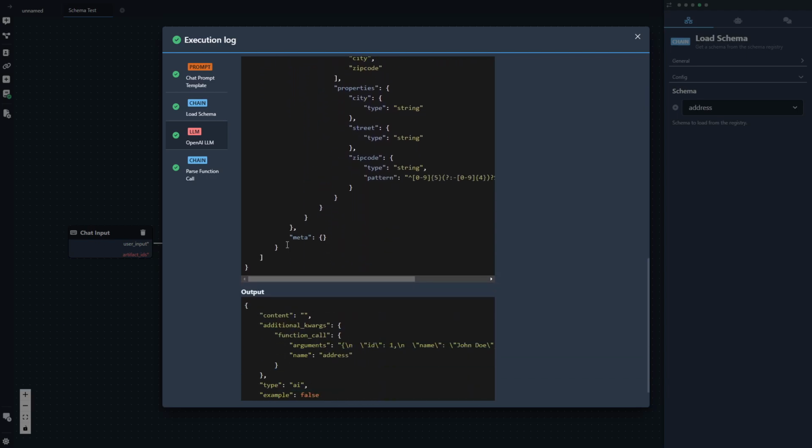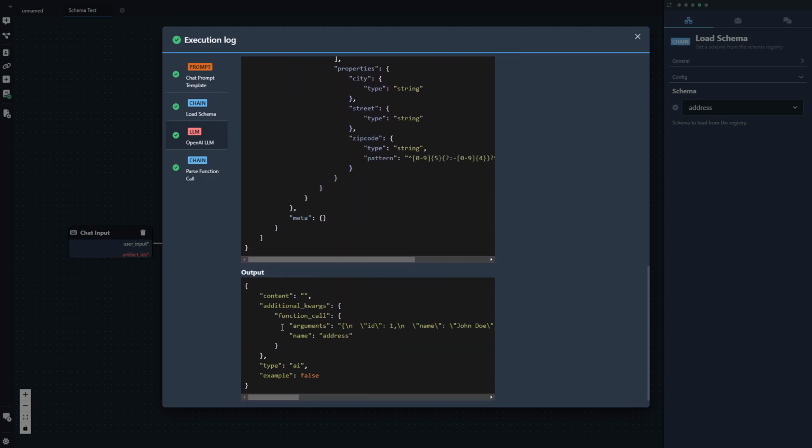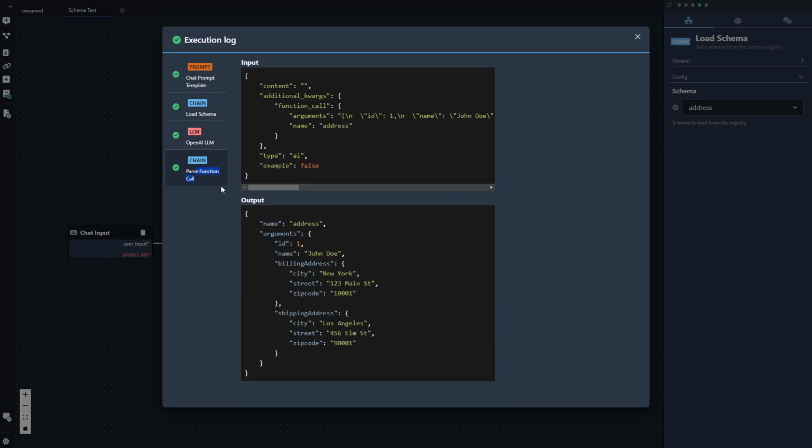And then we can see for its output here, the raw function call that was returned as an AI message object. And then lastly, in the chain, we have the parse function call node, which takes that raw message and converts it to a nice JSON blob. And so what we have here is an address that we could then pass to something else further in the flow. We could save it to the database as an artifact,